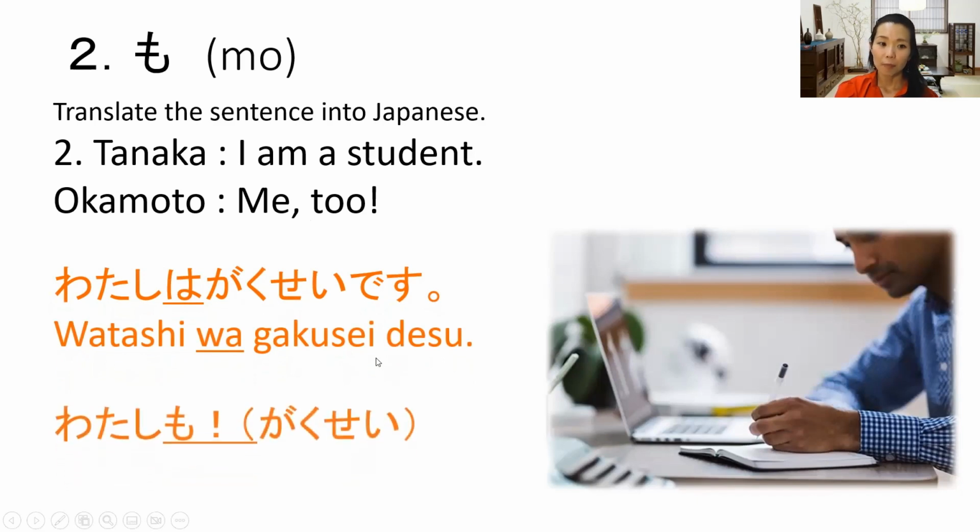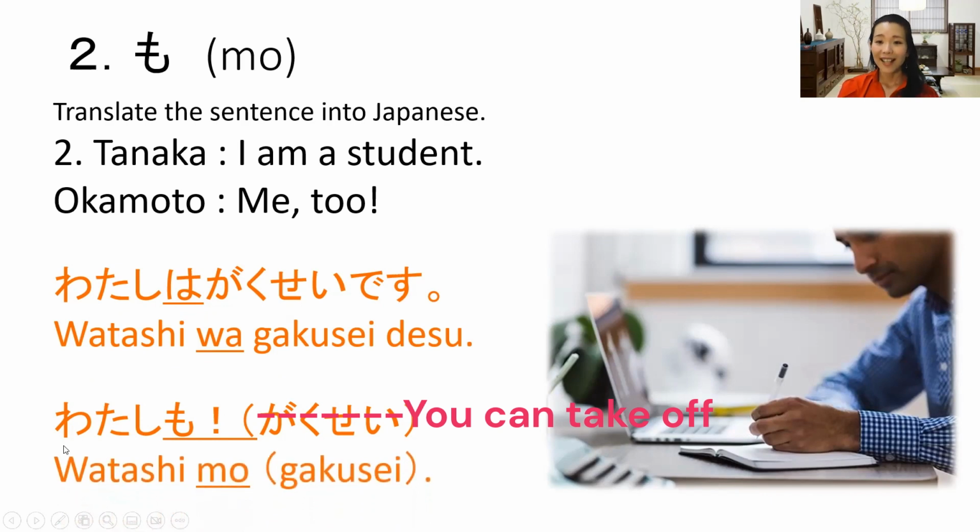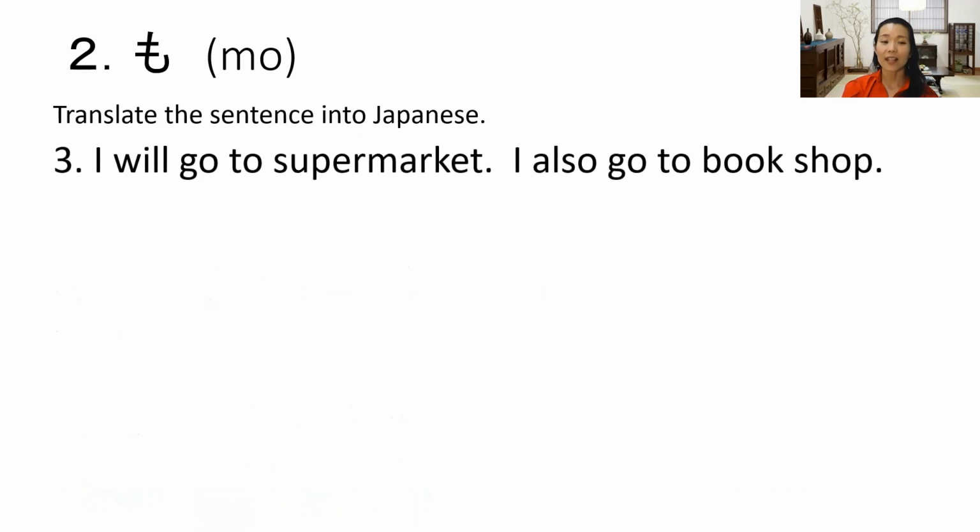Please remember, you can say "me too" with 私も like this. If it's a full sentence, that would be 私も学生です。But you can just take off the 学生です part, then you can say 私も。Let's practice pronunciation. Repeat after me. 私は学生です。私も。